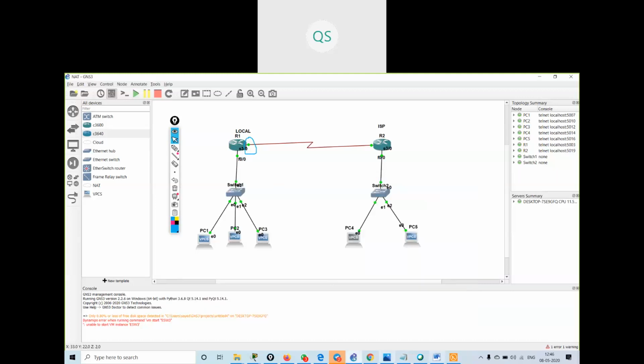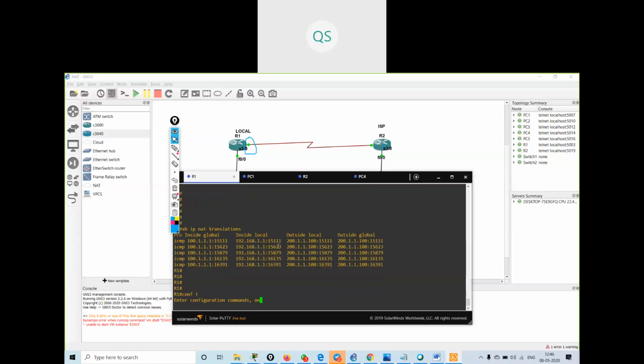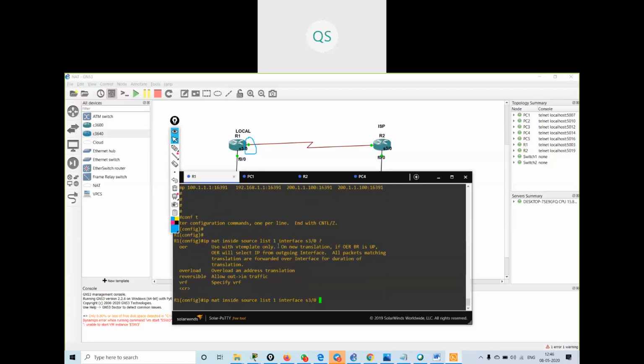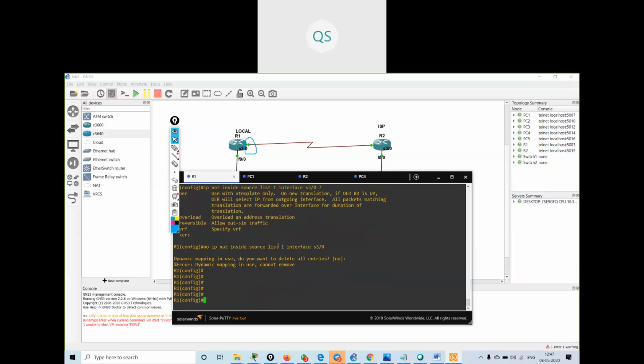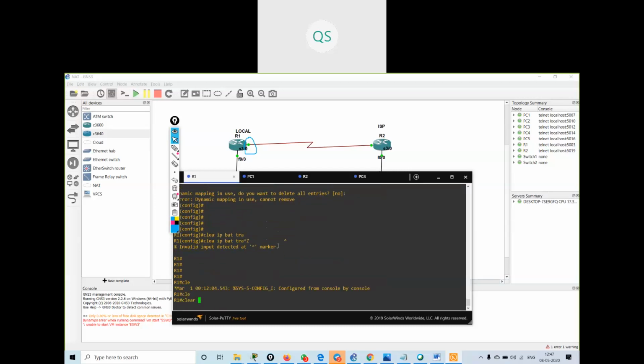If you want to check the overload thing, I think I missed out the overload command over here. Clear ip nat translations star.